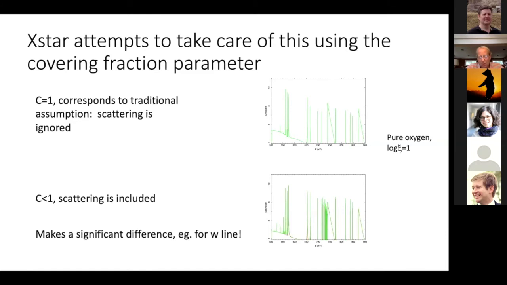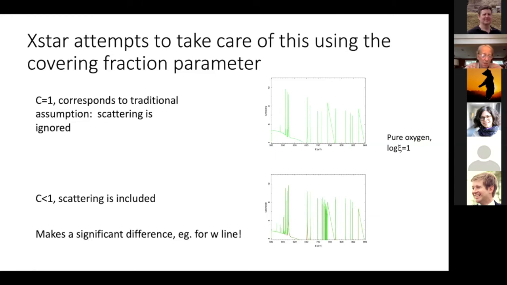But if you include scattering, then the situation is reversed, and the resonance line becomes stronger than the other two lines. There are quite a few papers in the literature where people have seen this ratio and say, oh, it must be coronal gas, but it really doesn't have to be coronal gas. It can be